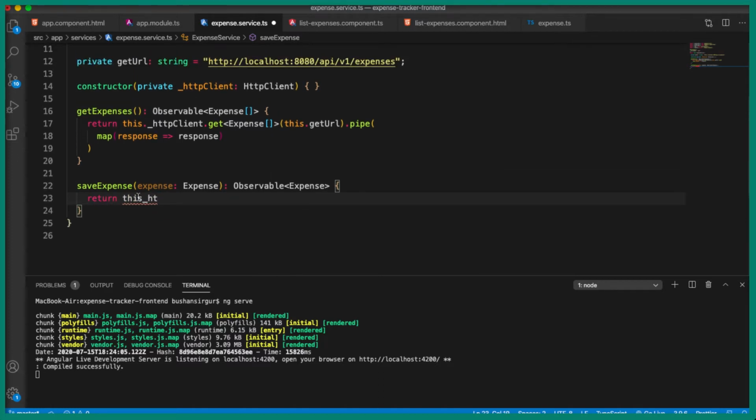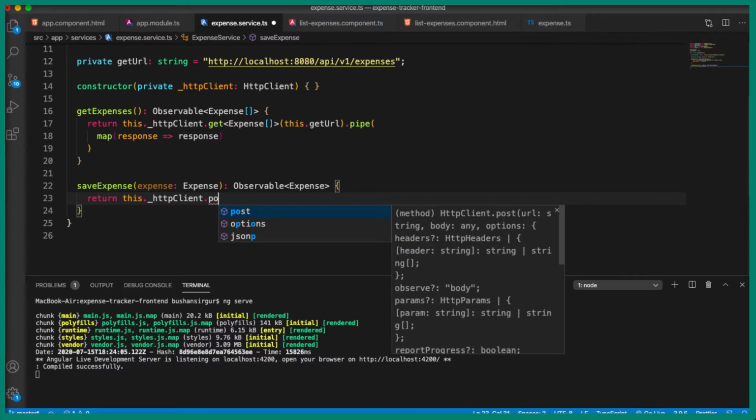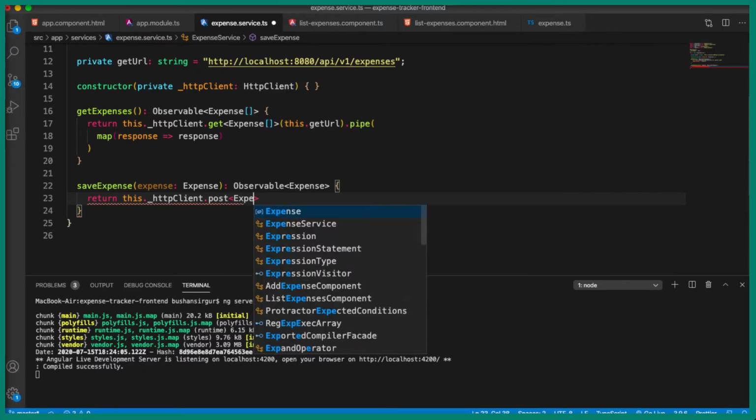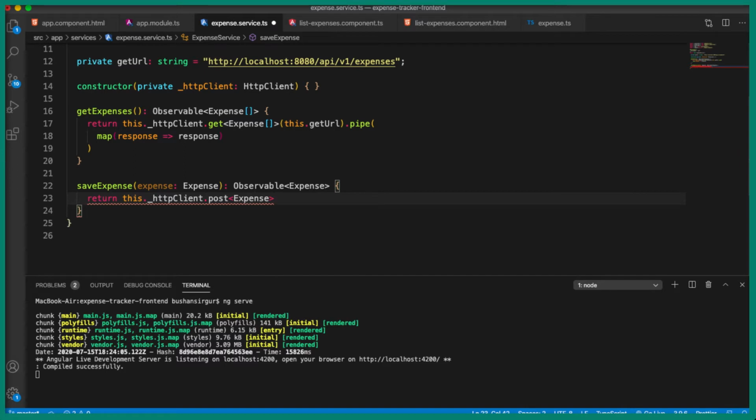This is actually HttpClient dot post, and this is going to return an expense object which is of type Observable, and we are going to pass the base URL, or you can say the get URL, because the get URL is also the same URL for the post request.